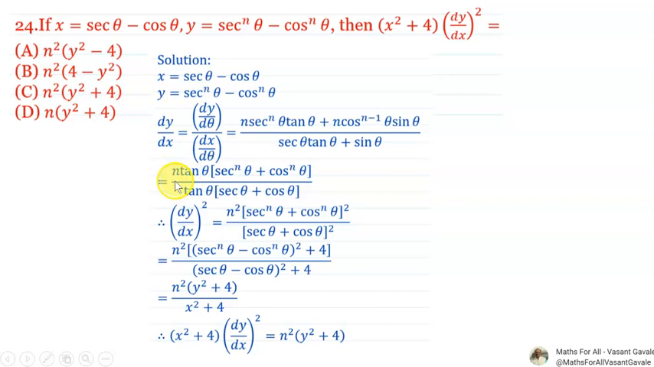Therefore n times tan theta in bracket sec theta raised to n plus cos theta raised to n upon next. पुन्हा या दोघातनं काय कॉमन काढणार तर tan theta, त्याच्याजवळ tan theta नाहीये, मग इथे फक्त sec theta राहणार, tan theta इथे